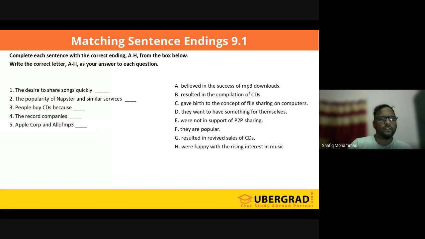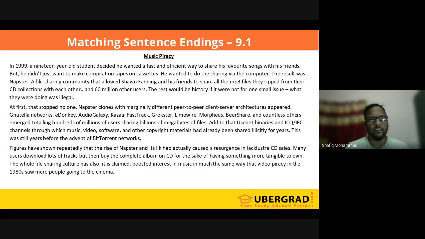Okay. So the first one is the desire to share songs quickly. Let's go to paragraph one. So the desire to share songs quickly was up to in the first paragraph. If you can see, the result was Napster, a file sharing community that allowed Shawn Fanning and his friends to share the MP3 files they ripped from their CD collections with each other, 60 billion users. So it should be actually